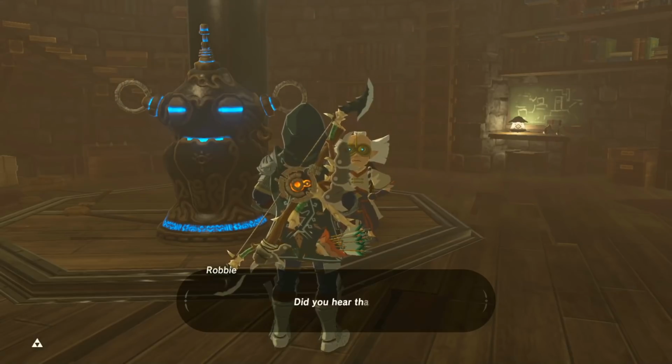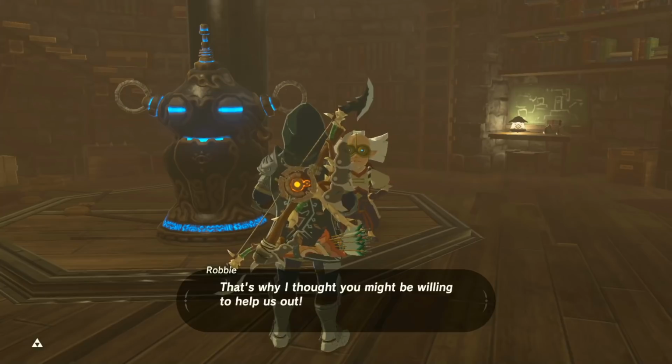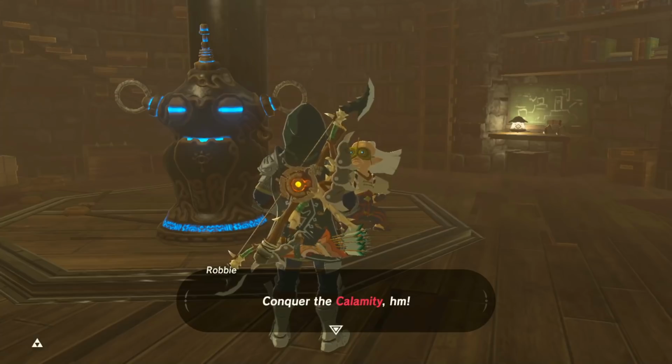Rupees? Did you hear that? Forgive me, Link. Ever since the fall of Hyrule Castle, we haven't had much in the way of funds for our research. That's why I thought you might be willing to help us out. With rupees. Lots of them. I beg you! Then, let's do it, Let's the two of us, as soon as possible. Yes, let's. Conquer the calamity,